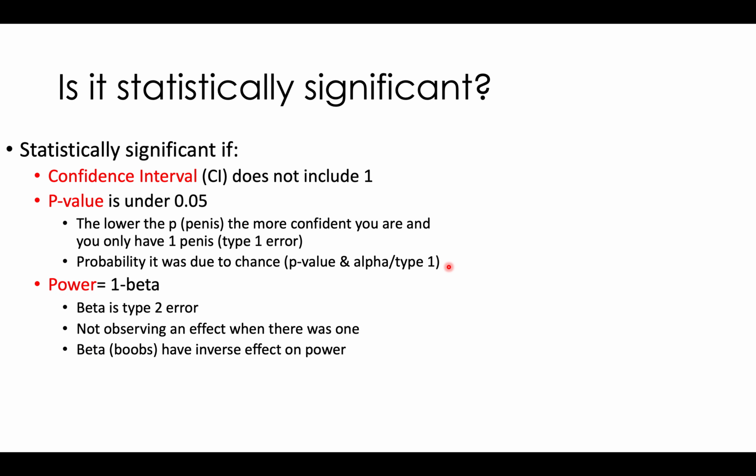And then your power is 1 minus beta, so this doesn't help you with statistical significance. But this is something I think every NBME, pretty much the new ones, have given a question about this formula. And your beta is the type 2 error from that 2x2 table. And power is pretty much telling you that you didn't observe an effect when there was one, and that makes sense because the type 2 error or the beta was saying we have the disease but you didn't pick it